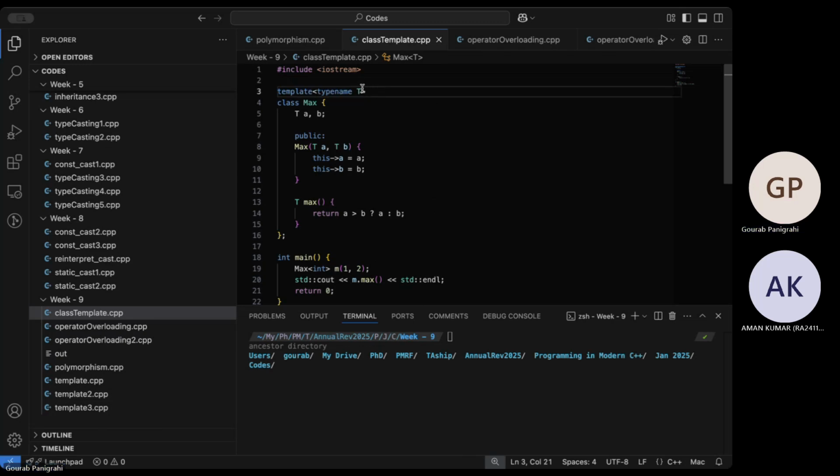So this capital T, let's say is written for class A, it is for that class. Similarly, when you have template type name T for class B, that template is for that class. This letter capital T, and similarly for class C also.